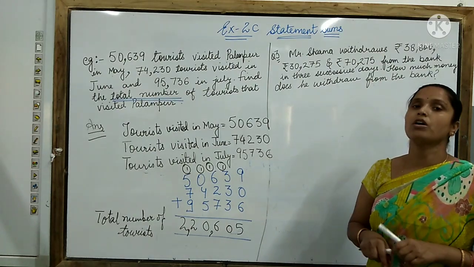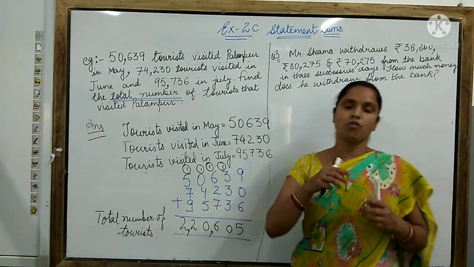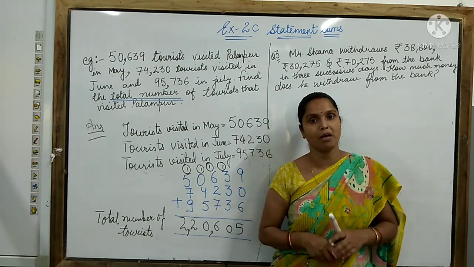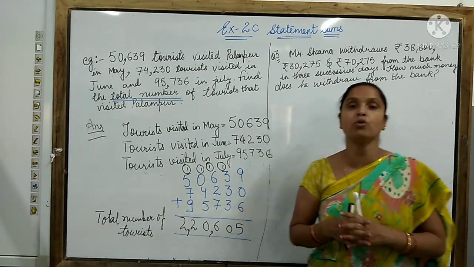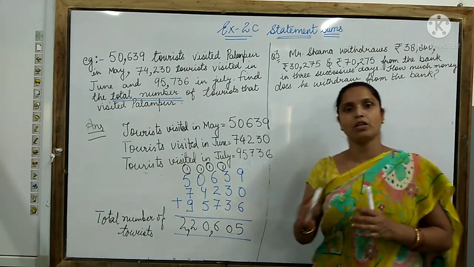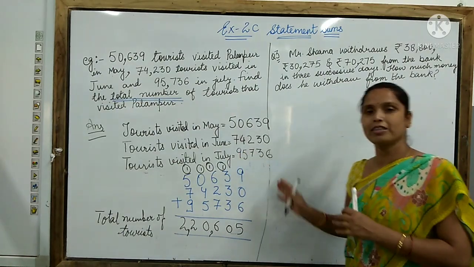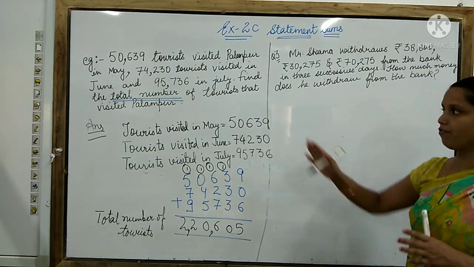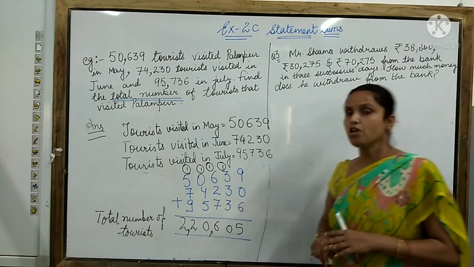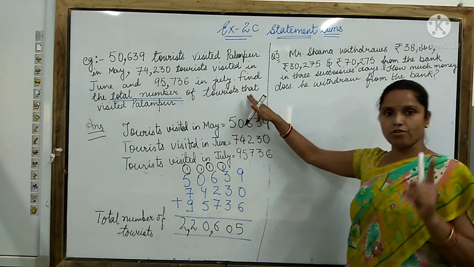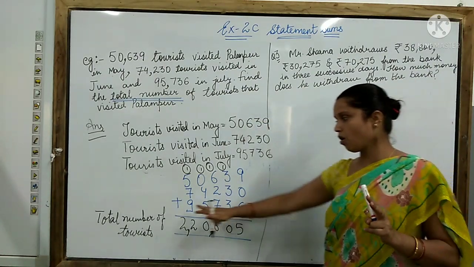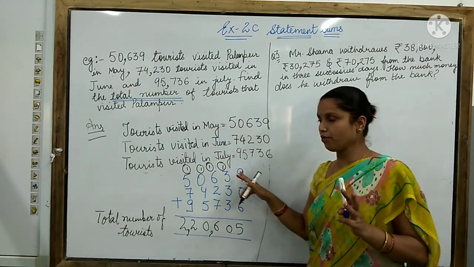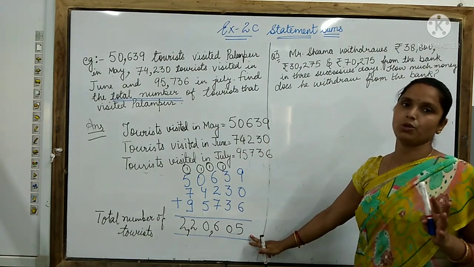You people are now slowly and gradually going to the higher classes. In the next session, you will be in the last class of the primary section, and I want every one of you to be well versed with these small things. Okay? Now you have understood this and we finished this answer of the question. So what did we do? We first read, then we thought of the operation, then we decided what to write in the statement form, and then we did the solution.